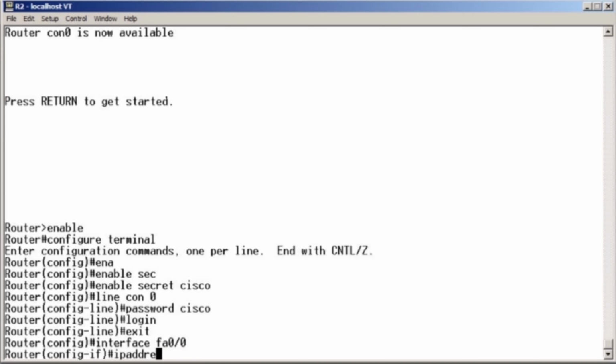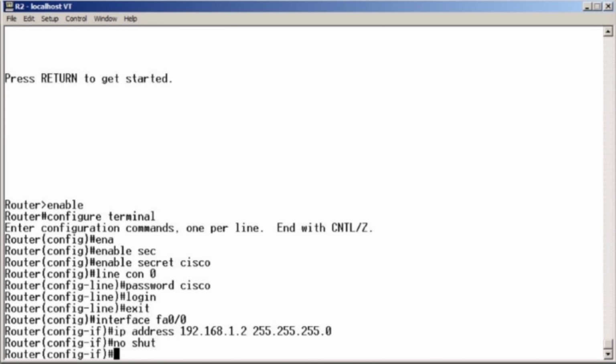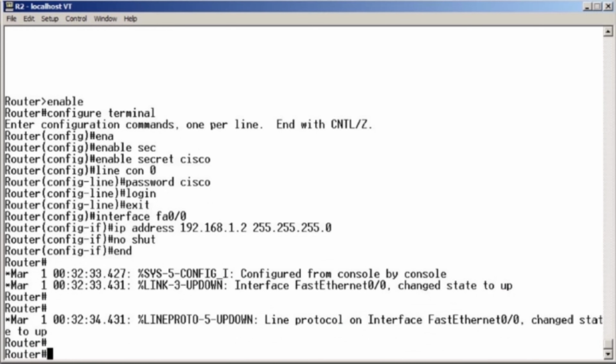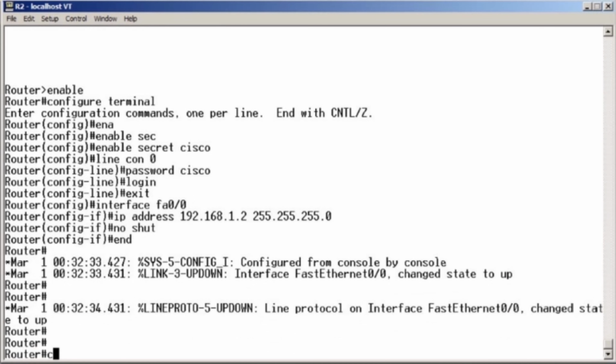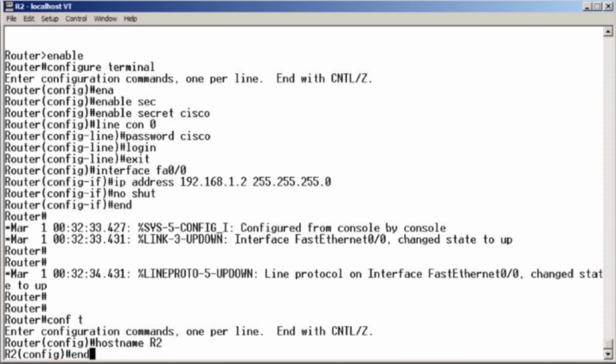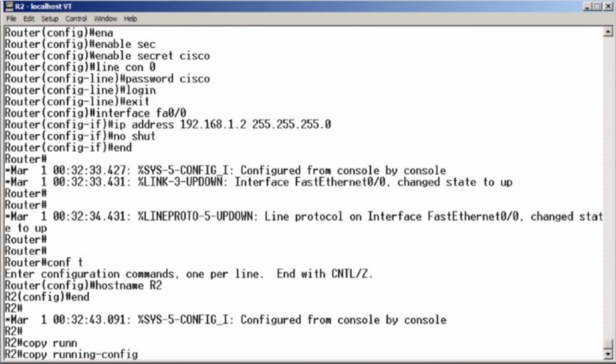We're going to say IP address 192.168.1.2 and then provide our mask. We're going to do our no shutdown command, and then we are going to make sure that the interface comes up. Excellent. Oh, we forgot to name our router. This is R2. All right, we're going to copy this configuration that we've worked so hard on,